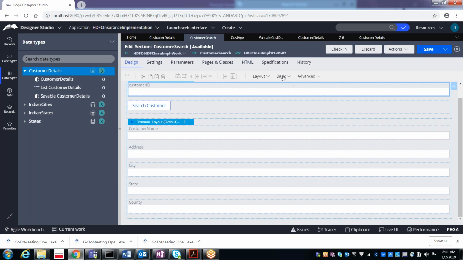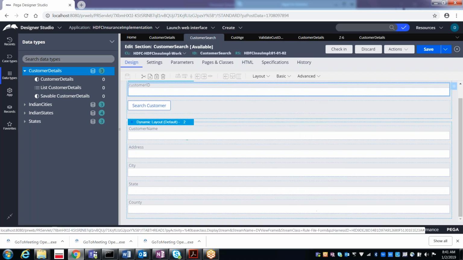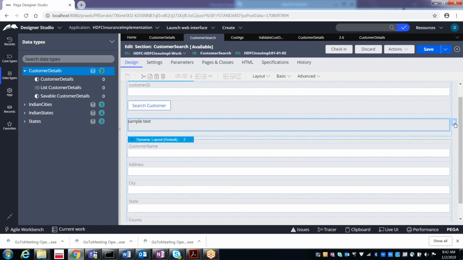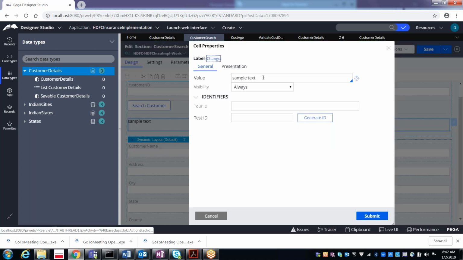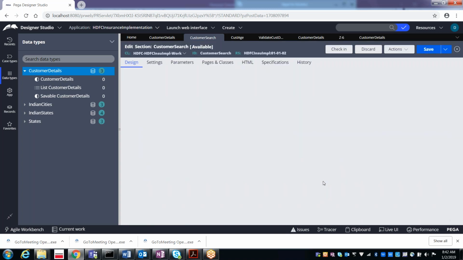Go to the basics, and there we have a label. Type customer ID does not exist. Save it.